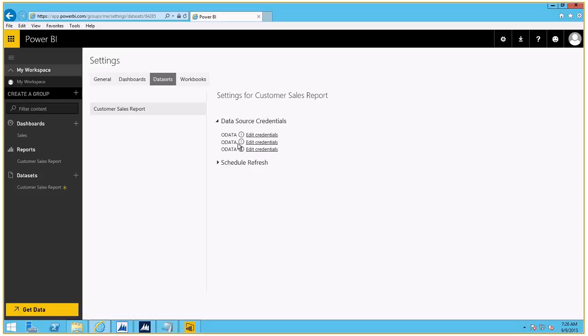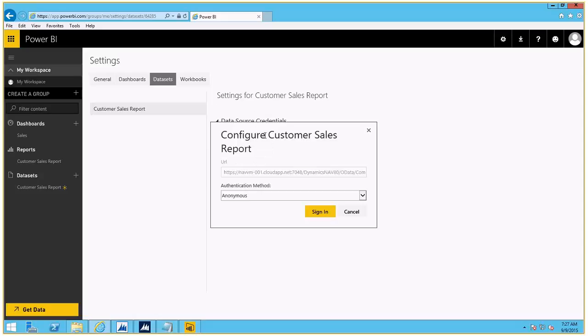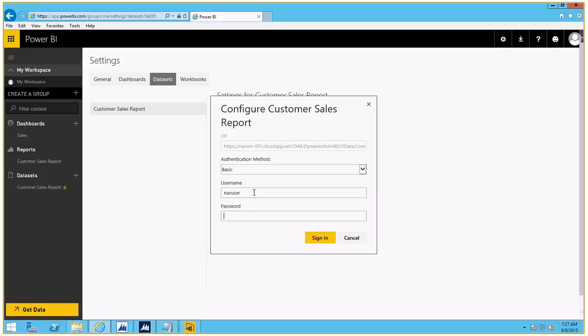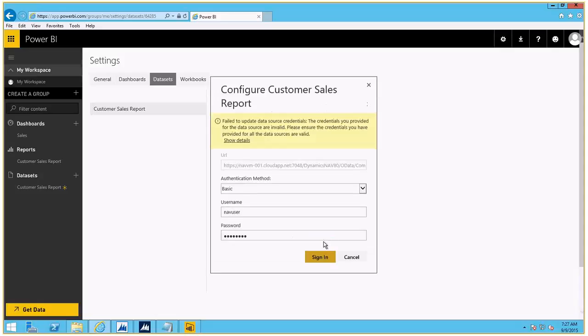Unfortunately, bad news for now, because it recognized that we are getting data from 3 OData feeds, which is good. You'll say, okay, enter the credentials. So mine is a basic credential. If it is Windows, I think it works. I've not tried. If it's in a local network, I think Windows will work. But mine is on Azure with NAV user ID and password. So NAV user and password, and this actually gives me an error that it's not secure enough. I think it is because I use a self-signed certificate, but if you use a proper certificate, this should be